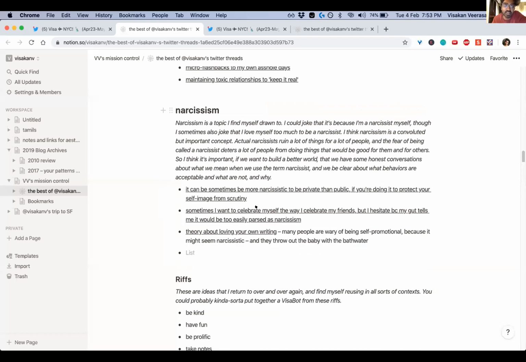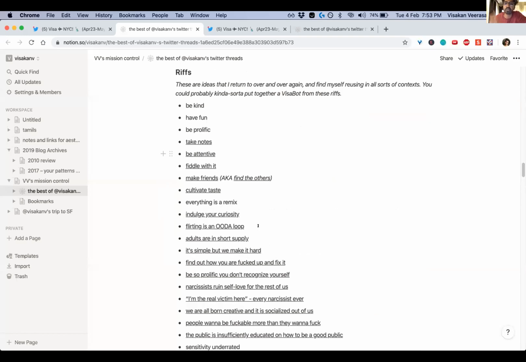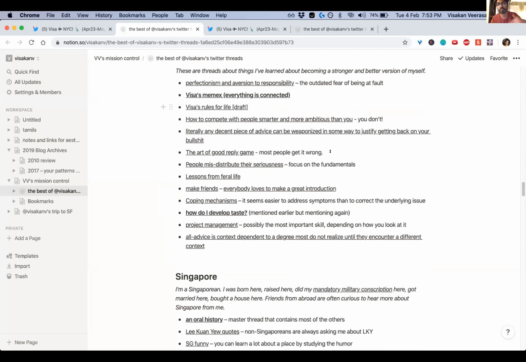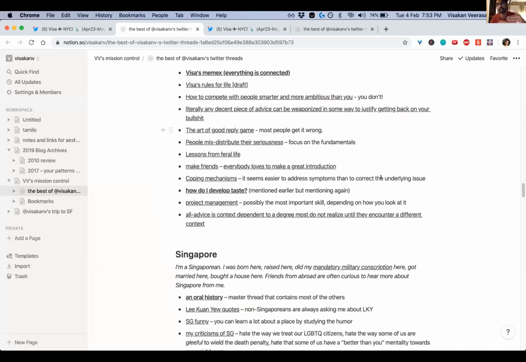I didn't set out to do these things. Rather, what happened was every time I would make a thread that I felt was interesting, I would just copy the link into my Notion document. Initially, all of this was just one big list, one long list with no headers. But once the list got moderately long, maybe 30 or 40 items, or maybe about 50,